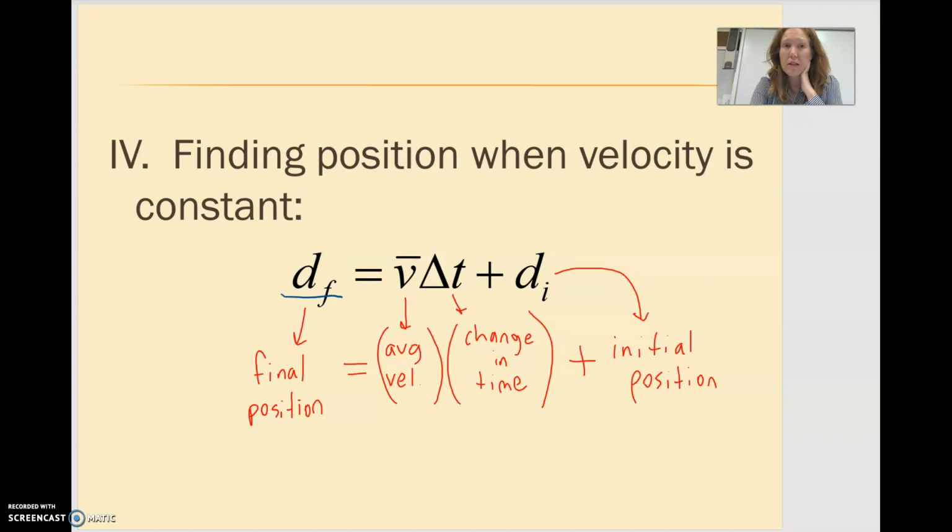So in this class right now, we are going to focus on constant velocity problems. And so that's why I'm focusing on a linear function right now. And then in the next chapter, we'll get to do the quadratic ones. Okay,